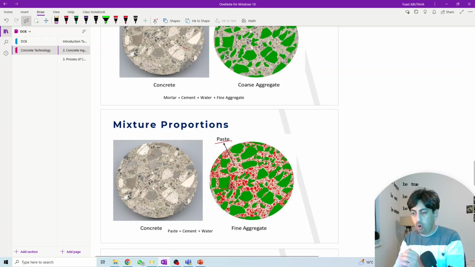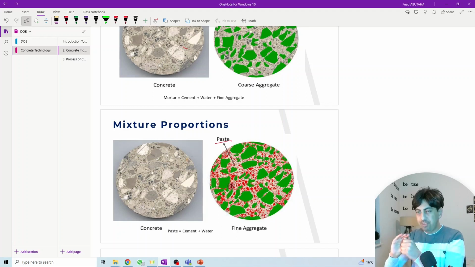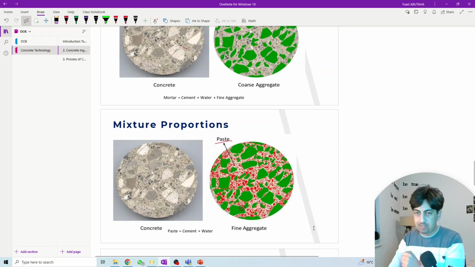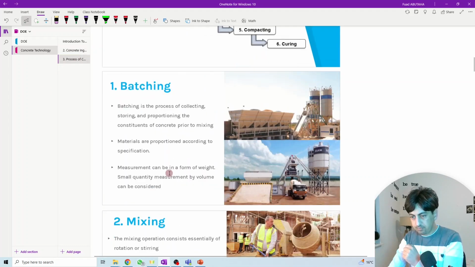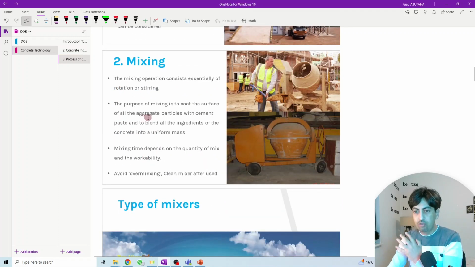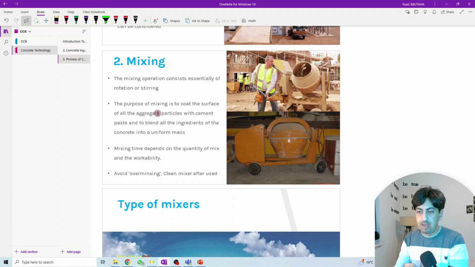So in order to glue all the aggregate particles, we need to make sure that all the sand particles and all the coarse aggregate particles are covered by the glue. So what is the glue here? It is the cement paste, which acts like a glue for all the particles of the aggregates. So what is the purpose of mixing? To make sure that we coat the surface of all the aggregate particles with cement paste. Why? Because the cement paste acts like a glue and we need to combine and bind all the material